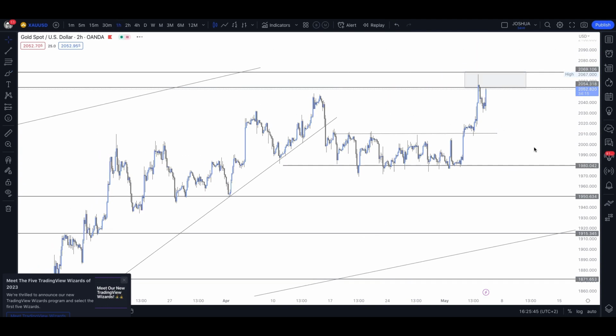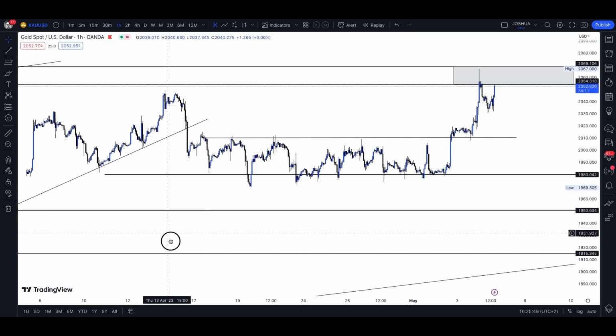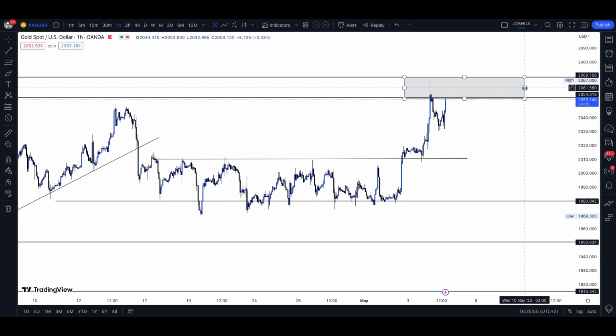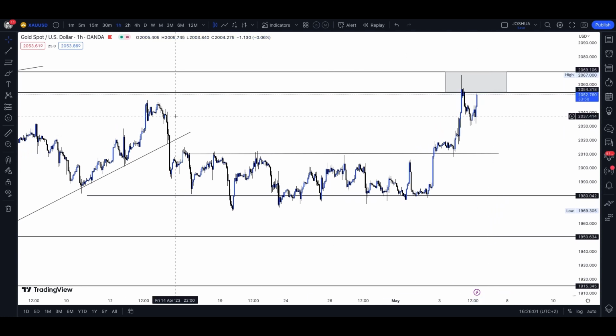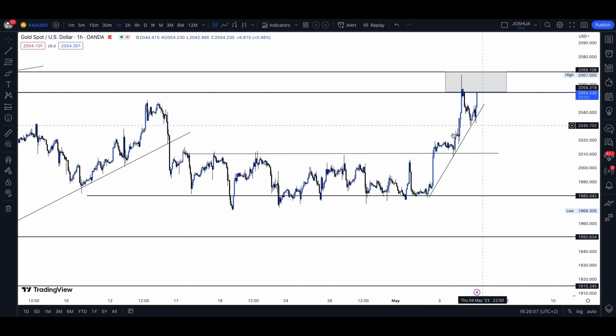So my final time frame is the 1-hour time frame, which is where I have to make my decision. I'm a day trader. As a result, I trade on the higher time frames. So the 1-hour time frame is where I make my entries from. So what else are we able to see? We're able to see this,